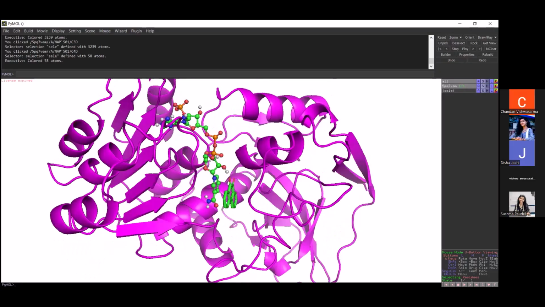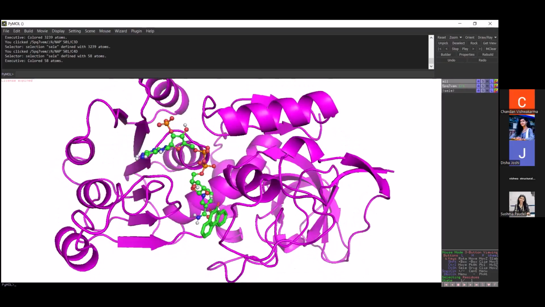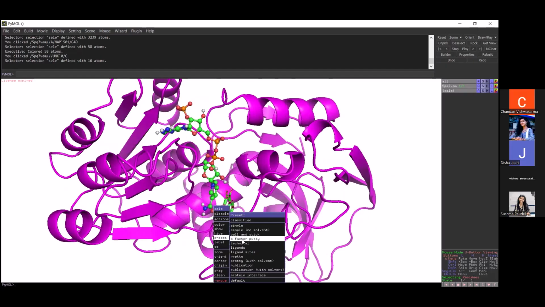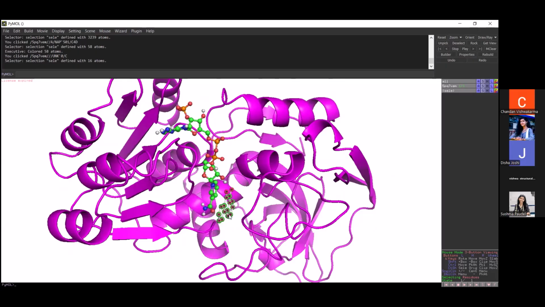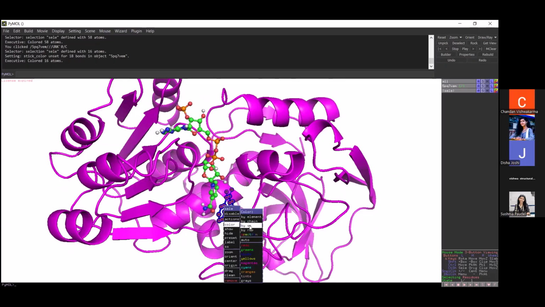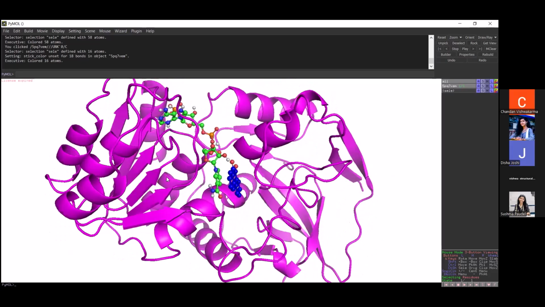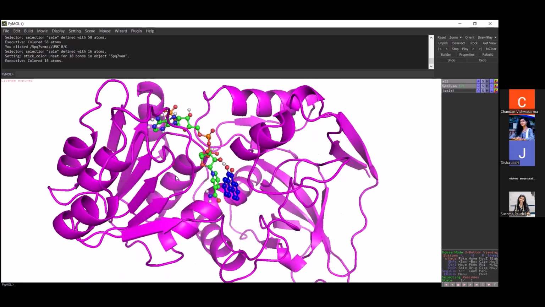Now your protein and NADPH in ball and stick. Change it into ball and stick if you want. Preset, ball and stick. Make it the same color, blue, and color by element. You understood this thing? Now open your